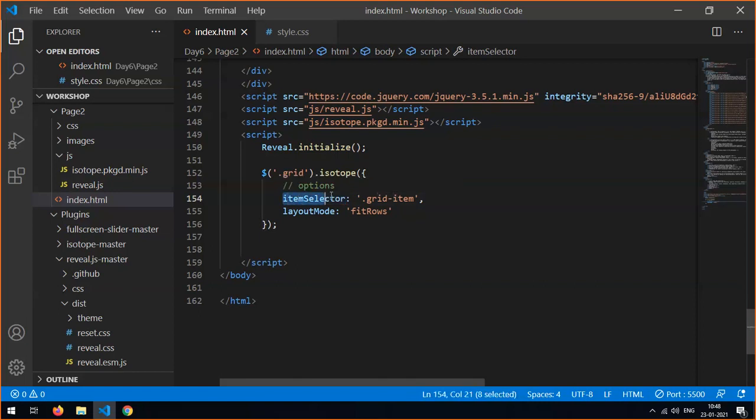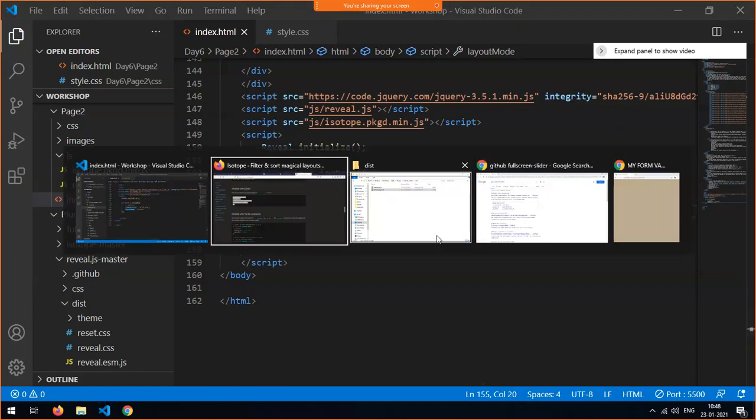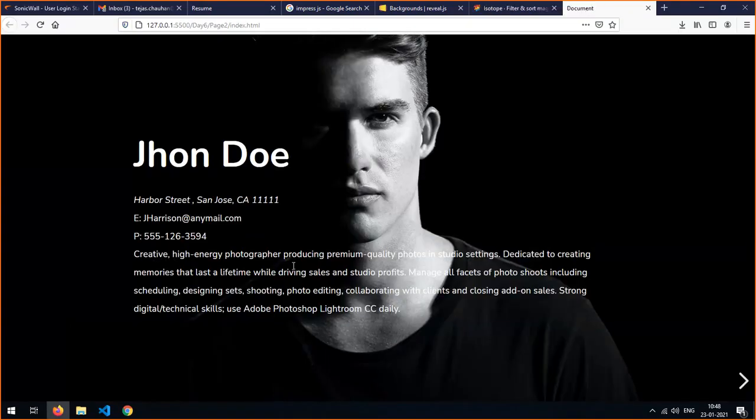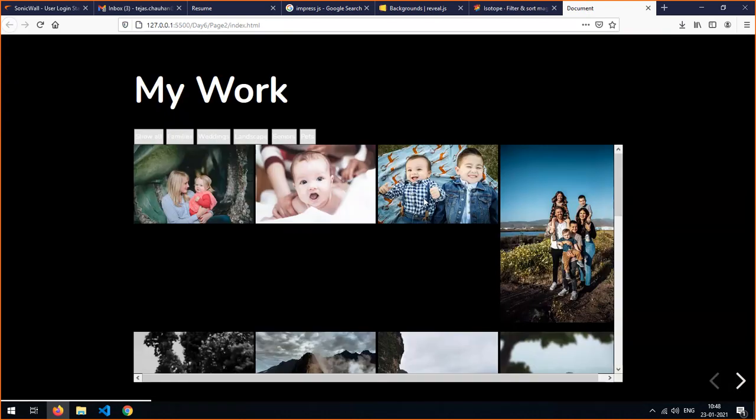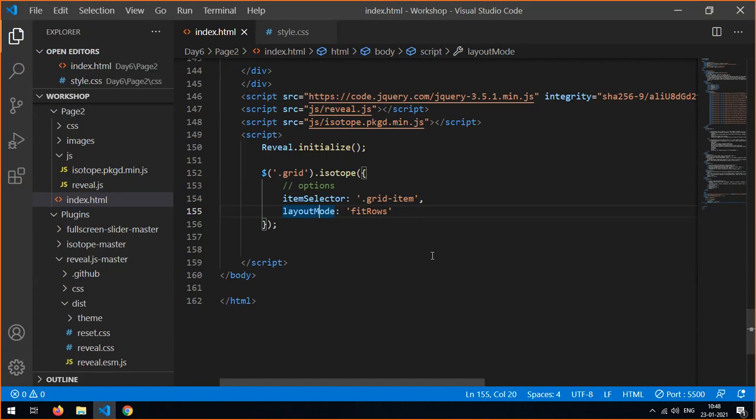The item selector will be your child div, grid item. That's what we will require. Layout mode is not necessary, but let us see what happens right now when we do this. So I save that code, we go to our page, and we see nothing happens so far. Now let us remove this